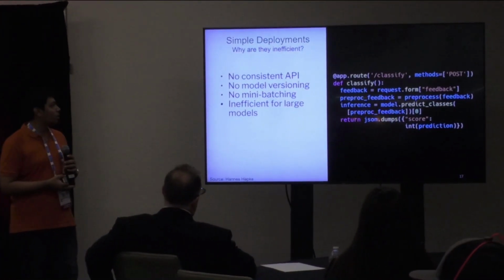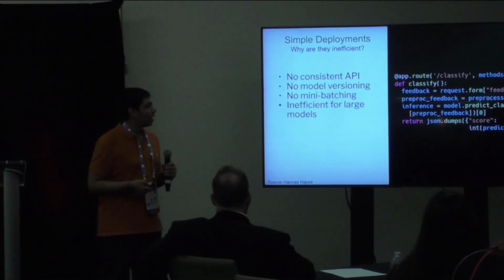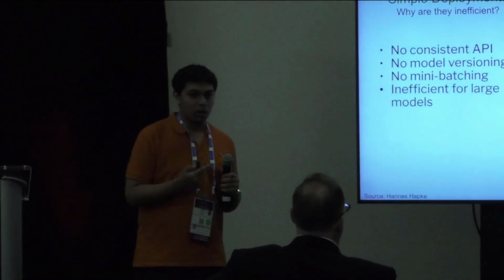And I want to start by saying that there is no consistent API over here. Here I have a route called /classify. I can create a route called /classify2, /classify my name, anything I want. So there is no consistent API over here. The model versioning support is also not that apt. You'd essentially need to manually do all of this. It's simply put not optimized for machine learning type of deployments, though it might be pretty nice for standard deployments.